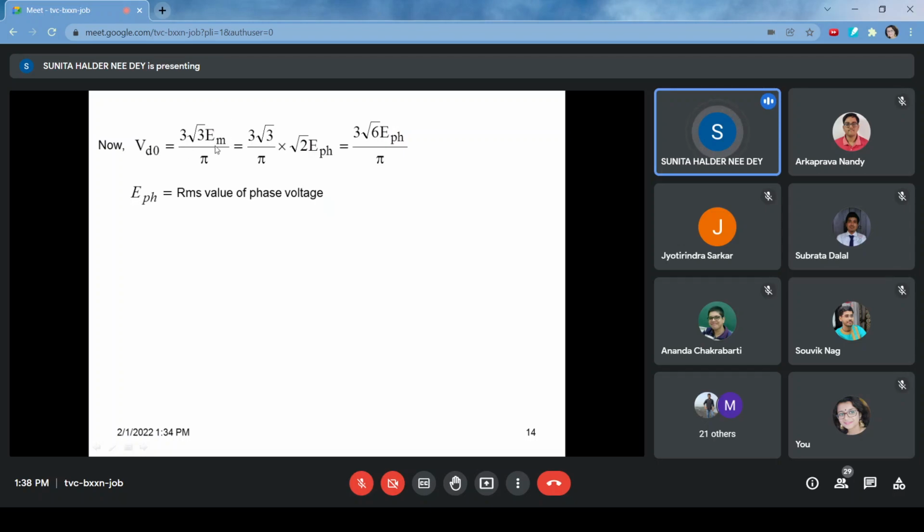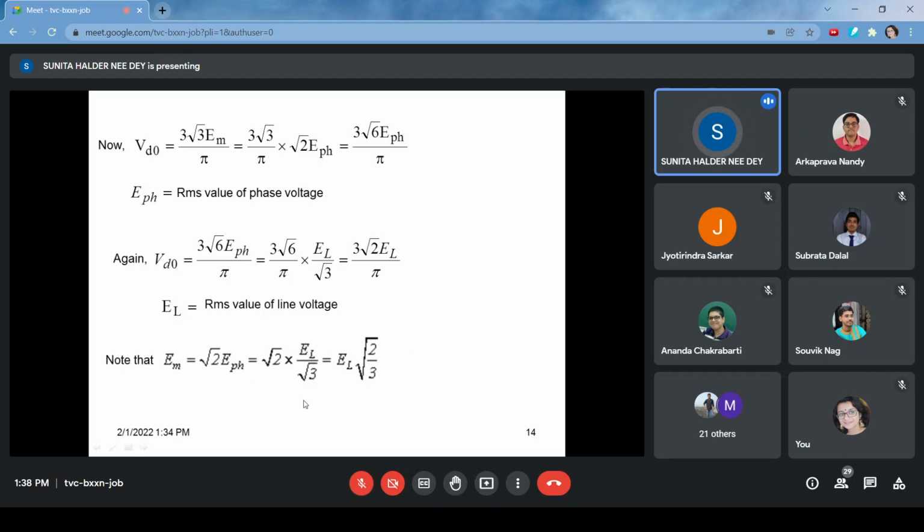So here actually this is the magnitude, so I have converted into the RMS value of phase voltage. Similarly, from line voltage also you can do EL. I have given here also in terms of line voltage. That is nothing but a conversion, nothing more than that. Anyway,